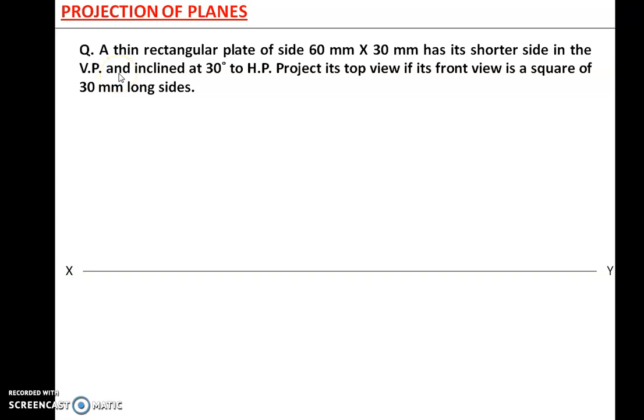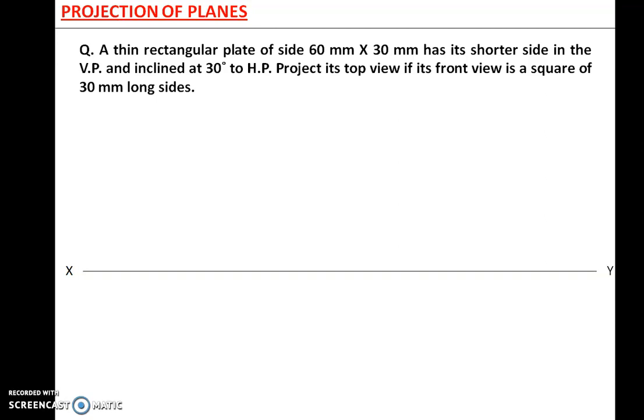It means that you can assume it as the board which is mounted on the classroom. If you lift the board from one end, the shorter side of the board will be on the wall, whereas the three sides, that is two longer and one shorter, will be away from the wall. So this is the condition.